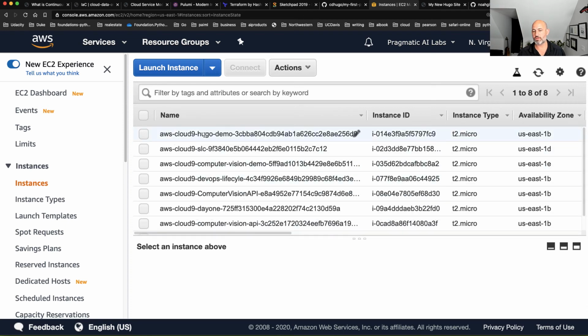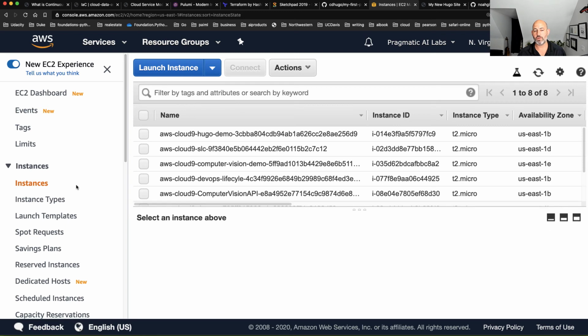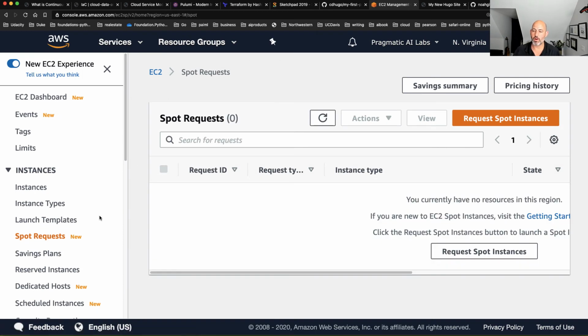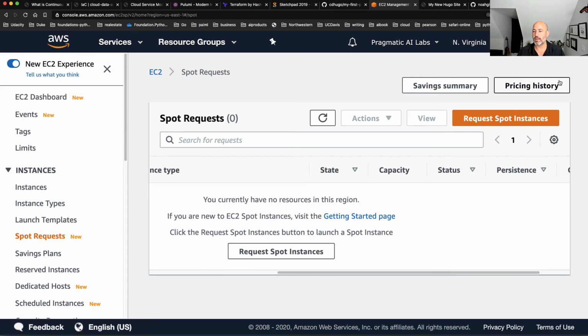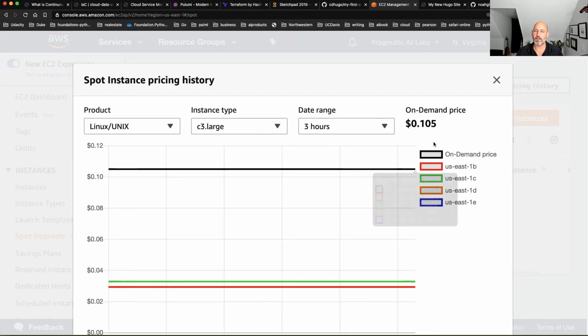So in this case, this was the Cloud9 environment. But what I'm going to do is click on this button here called Spot Request. What I like about Spot Requests is that I can do bargain hunting, right? So I can go, okay, let's see, we got this. Well, how cheap can I get it? And Amazon only charges you by the second. They charge you the full first minute, then after that, they only charge you by the second.